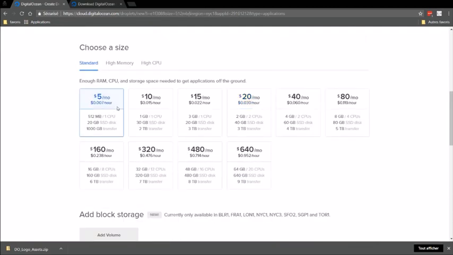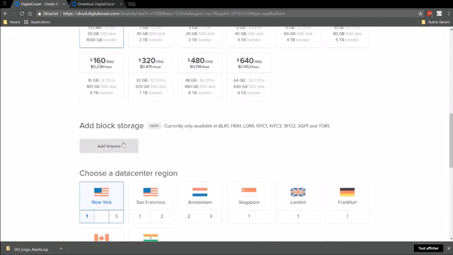For this example, I choose a droplet that fits my budget. I don't add a block storage for the moment, but I can do it later as my MySQL database or the file system grows.